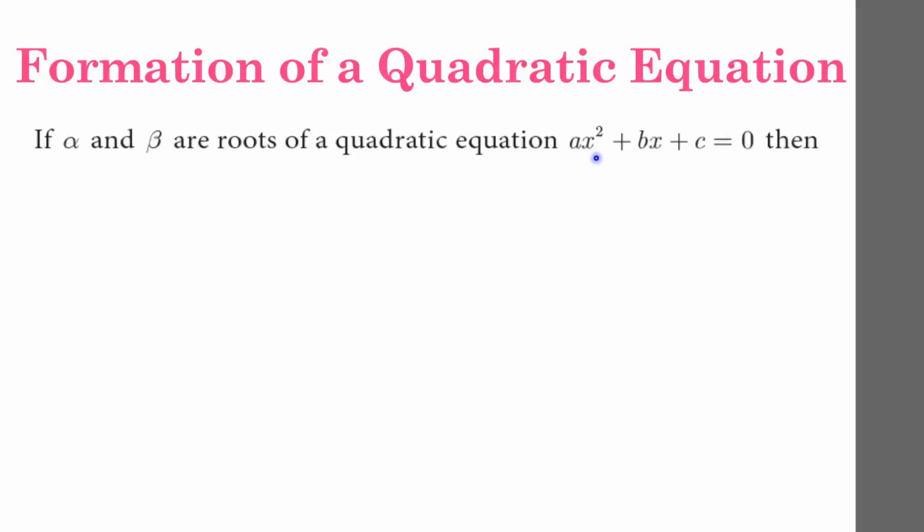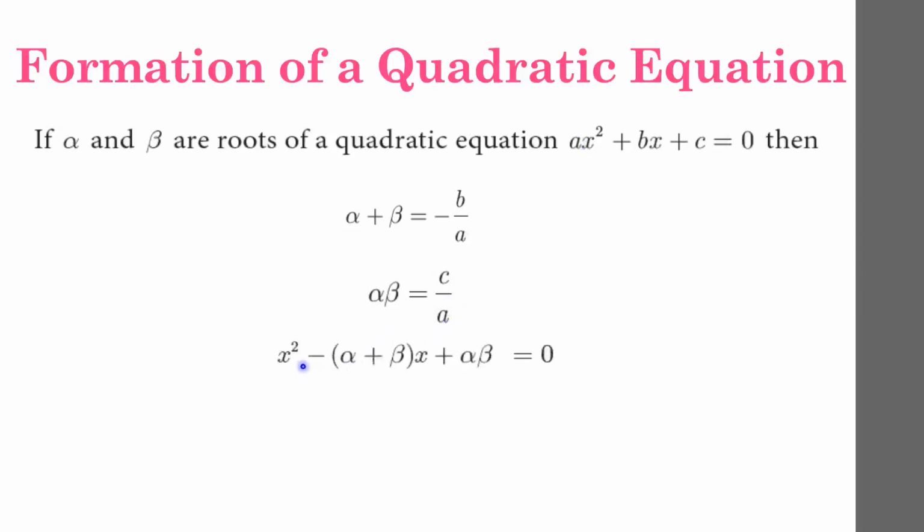For this, we are having two x values, that are called roots. If we are taking that roots as alpha and beta, then the sum of the roots may be written as minus b by a. Here b is the coefficient of x term, a is the coefficient of x square term, and c is the constant term. So we can write sum of the roots, alpha plus beta, is equal to minus b divided by a, and alpha beta, the product of the roots, is equal to c divided by a. That is, c is the constant term and a is the coefficient of x square term.